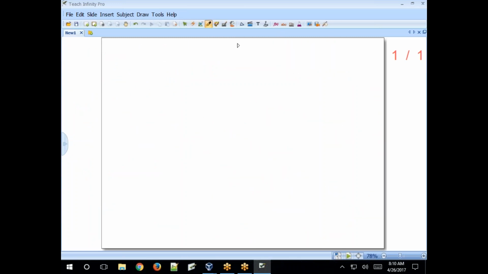So the Linux file system starts with a forward slash. This is called the root file system.